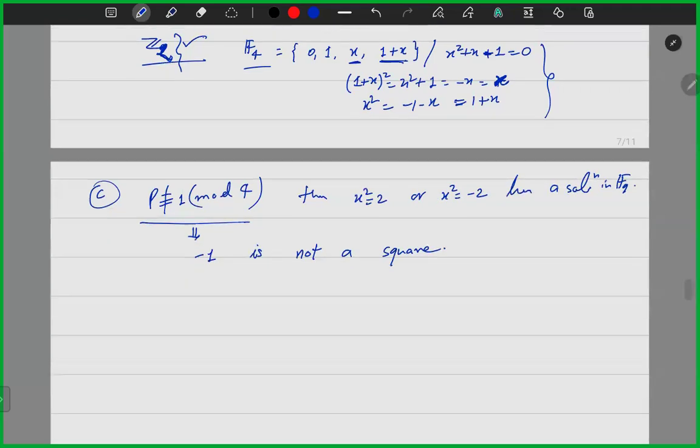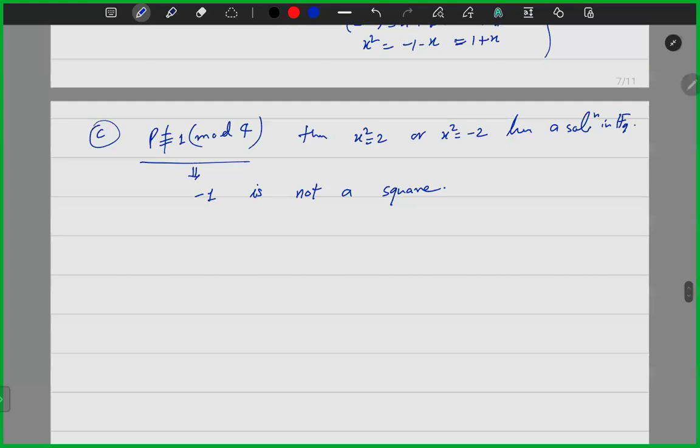Okay, so if 2 is also not a square, that is if x square is not equal to 2, then